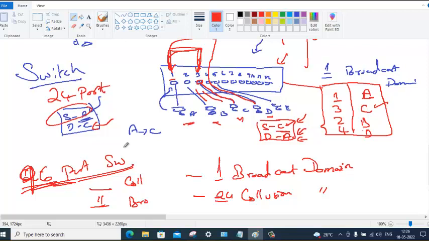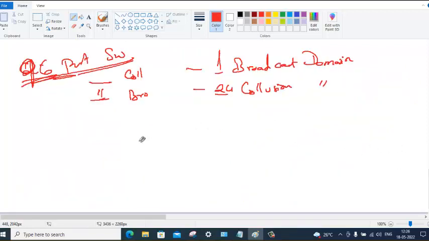See, switches come in large sizes. You also have 100 port switches, 300 port switches. They can handle more traffic because they have a separate collision domain, a dedicated path to reach the destination. Fine. So what we have learned as the difference between hub and switch: hub always broadcasts.